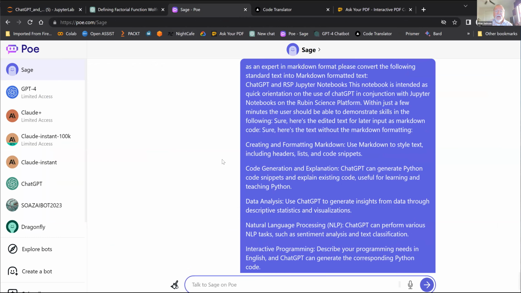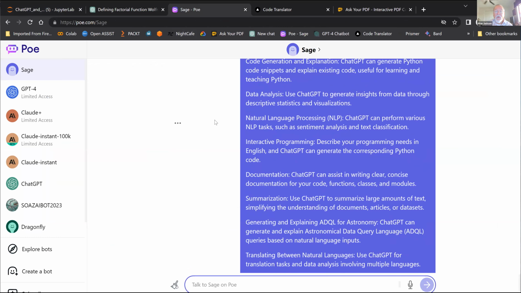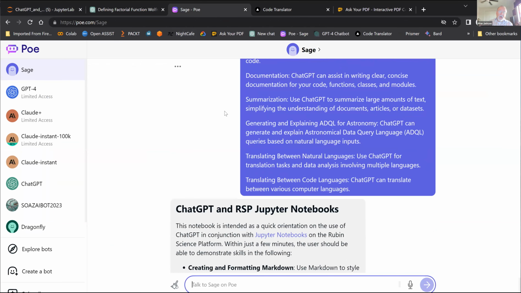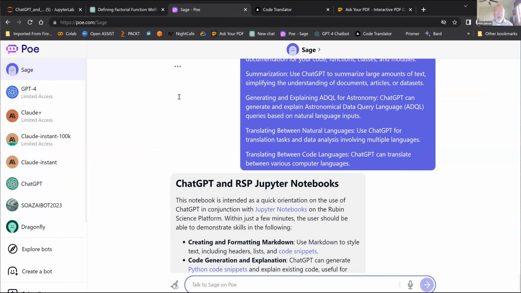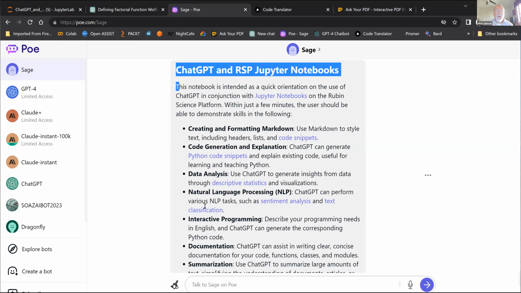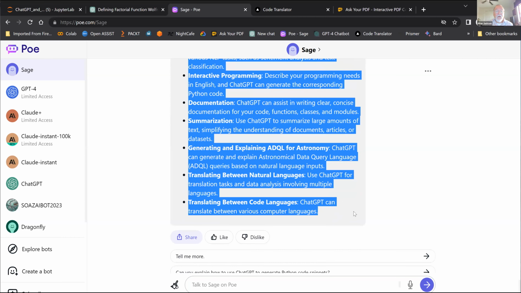Now, the large view window that came up is just my side of the chat that I put into the bot, and then it in turn generated, still in the process of generating, the Markdown code to paste back into the notebook. Although it doesn't look like Markdown code, let me do a quick paste back in there.